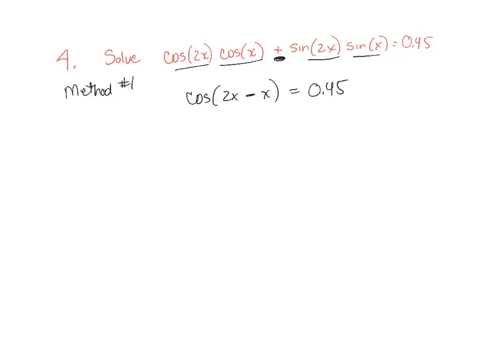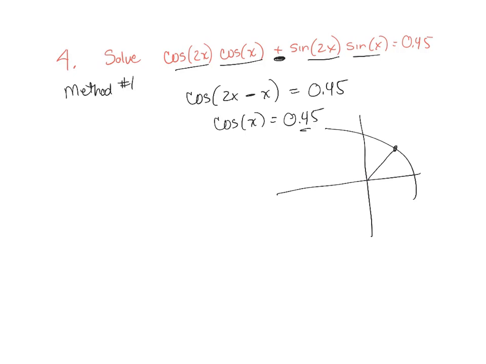Cosine, cosine, cosine, sine, cosine, cosine, sine, sine, sine. So this means that cosine of x is equal to 0.45. Where is that on the unit circle? Well, this is positive, and so I know we're in quadrant 1, and the x value is 0.45, and I can do a cosine inverse of 0.45 to give me that this angle, x, is going to be